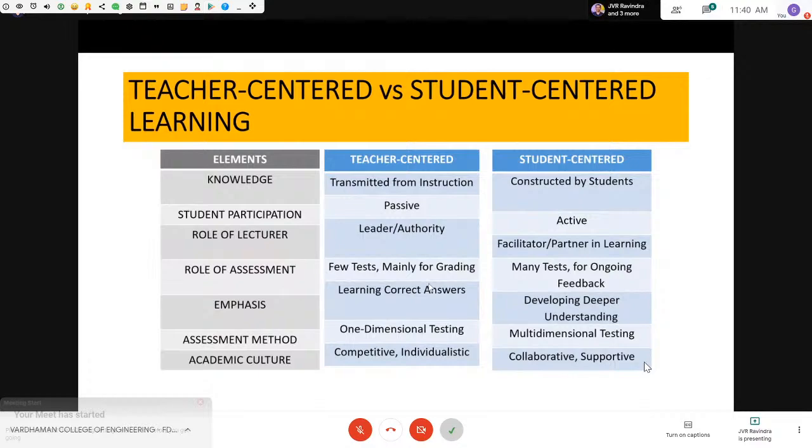If you do it like that, then the end result at summative assessment, we'll see how many students have got good marks, right? That is the real essence. Not only that,